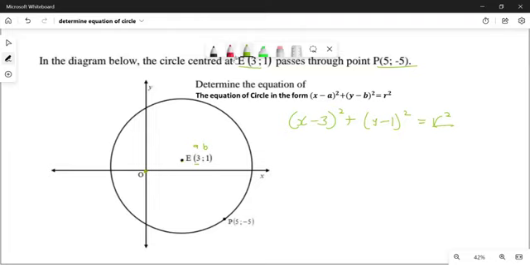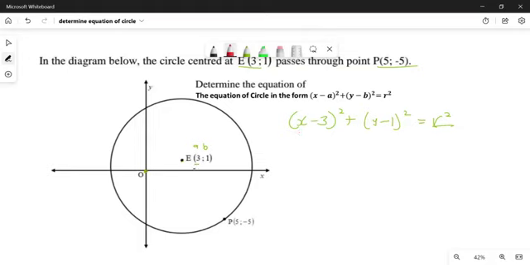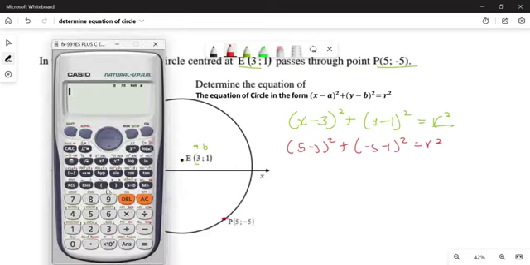You get R squared by saying, okay, we're going to use point P. According to point P, you have 5 minus 3, all squared, plus minus 5 minus 1, all squared, which is going to be equal to R squared. And then from here onwards, if you type this in your calculator, then you will have